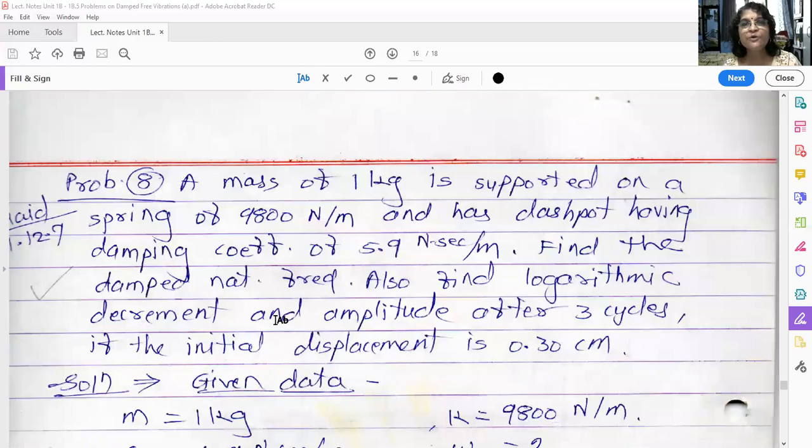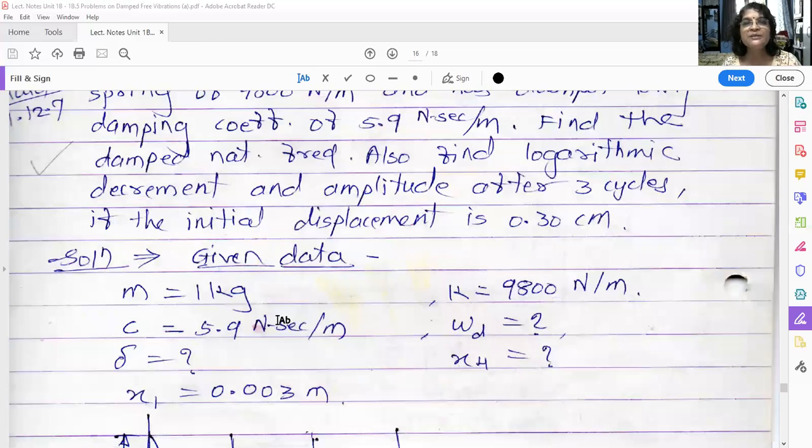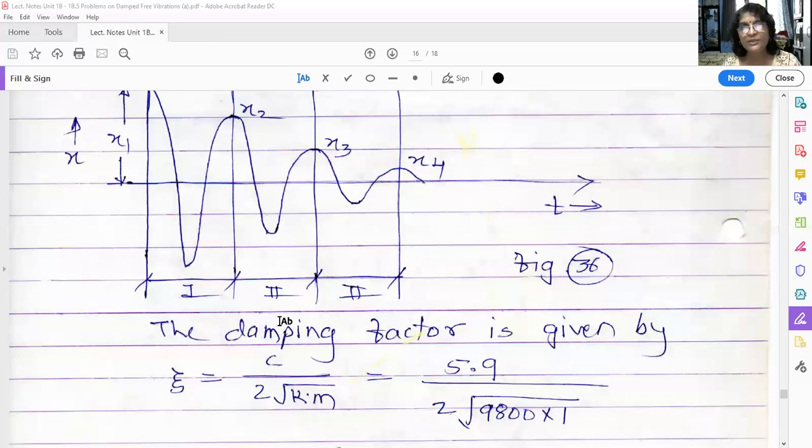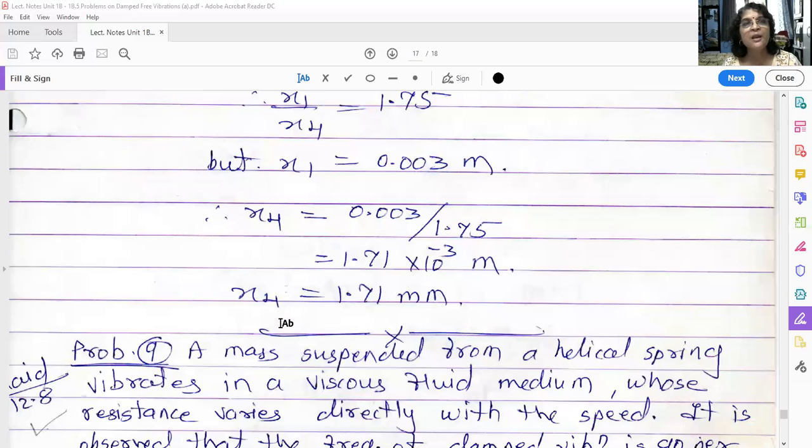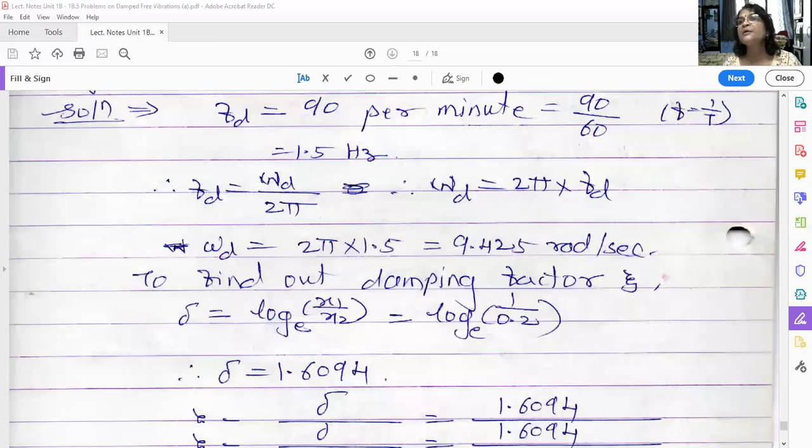And then in this problem also, a similar problem is there. Please solve it at home. This is the homework for you. These last 2 problems. Okay. Last 3 problems, sorry.